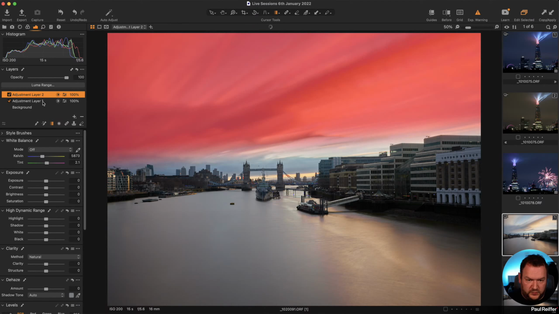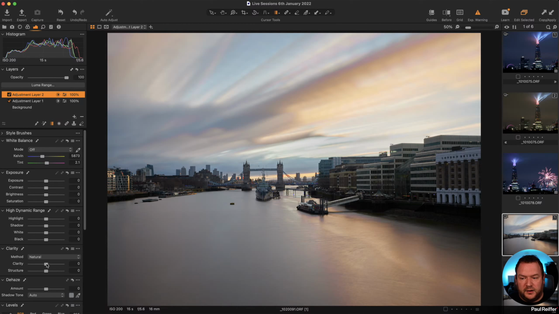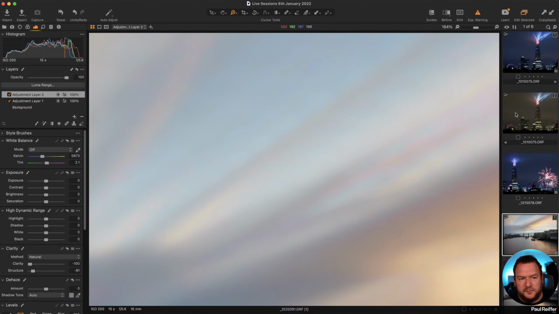That's copied everything across, so same settings, and I can do negative clarity again and negative structure again. Now, these aren't ideal, you can see, but it's a way of subtly getting rid of some of the jaggedness up here. So let's just zoom up here.